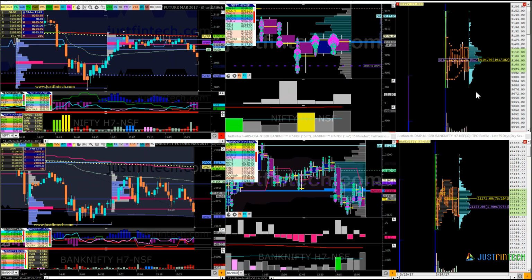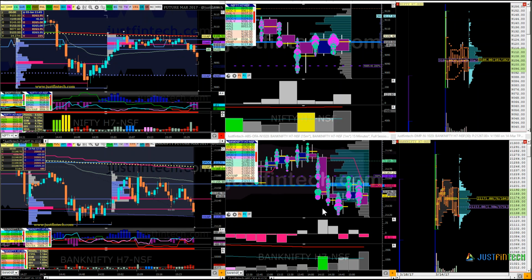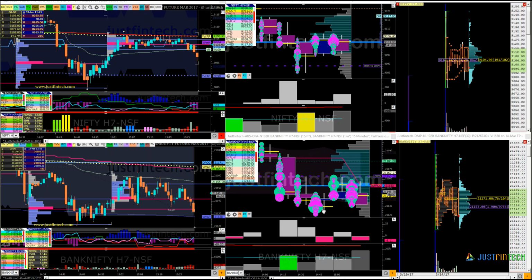So coming to Nifty, Nifty spot made an all-time high, and the earlier high was 9119.20 or 25, I think, and today it made a high of 9122.75, and then directly started trading down. So on Nifty futures we don't have an all-time high yet, but on the spot we have an all-time high and a failure and a close below the open.